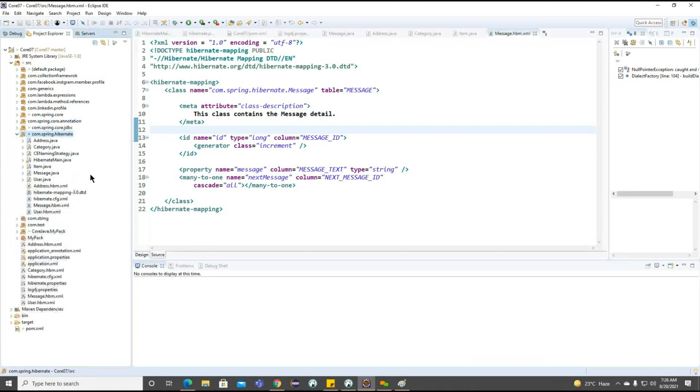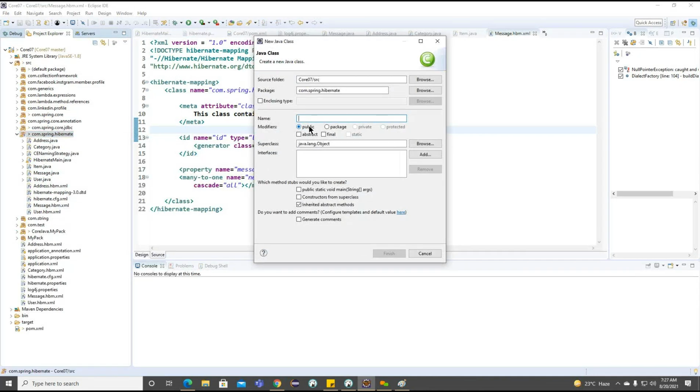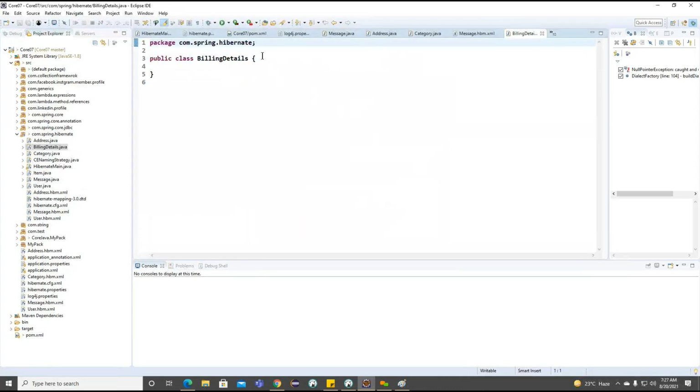Now, where is our package? Go for this com.spring.hibernate package. Now I want to create our base class, BillingDetails.